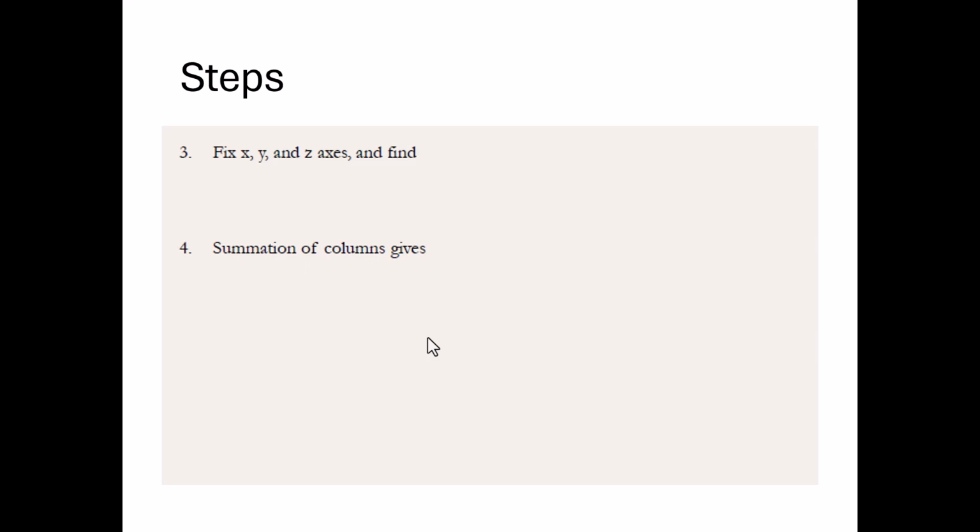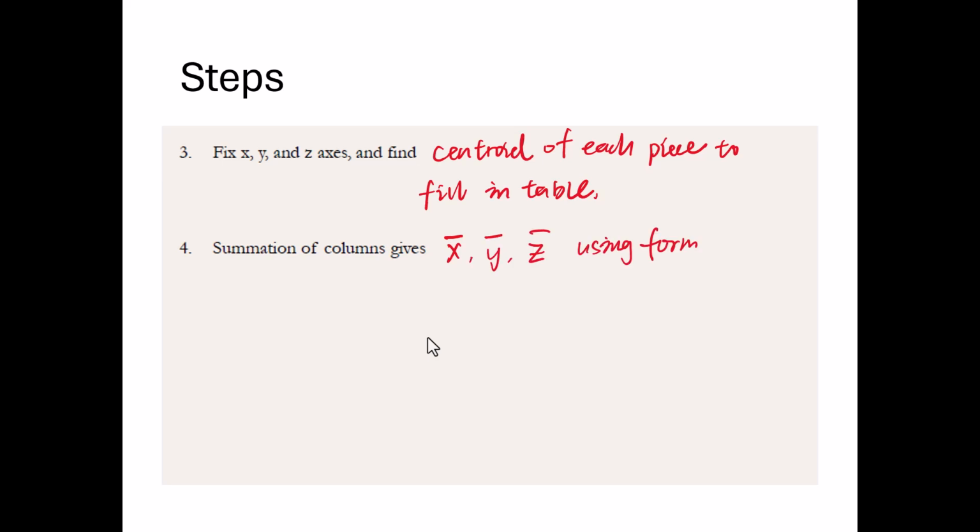And then find the x, y, and z coordinates, and find the centroid of each piece to fill in the table. And the summation of each column gives x bar, y bar, z bar by using formulas like x bar equals the sum of x tilde times A over